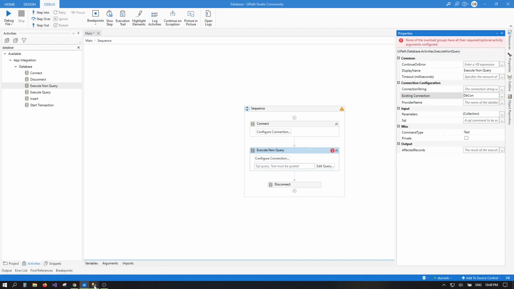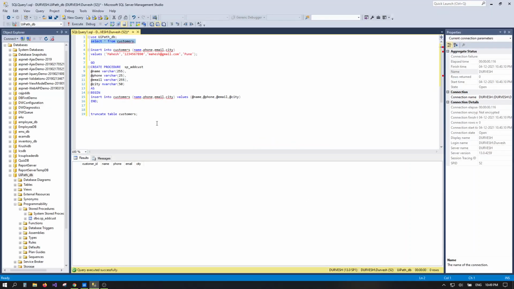So let me show. I have created one sample table, customers. Here are the fields: customer ID, name, phone, email and city. So we are going to insert data into this sample table.